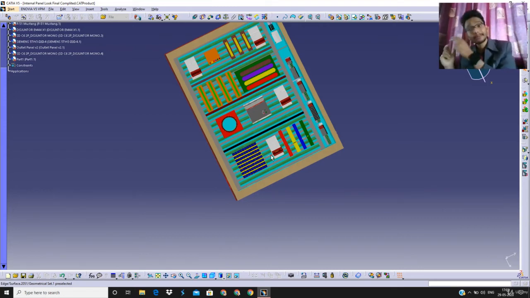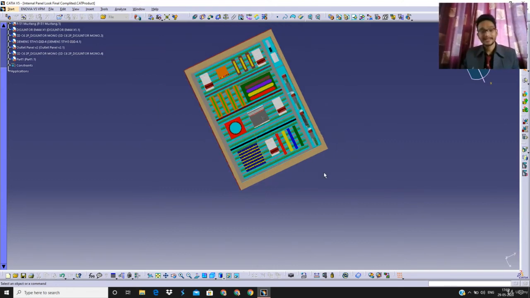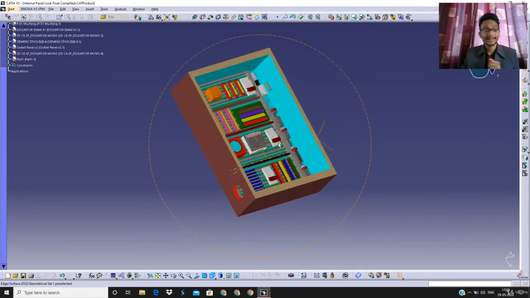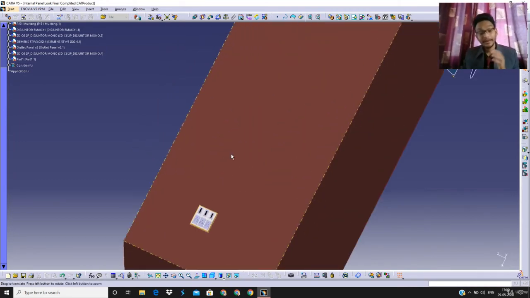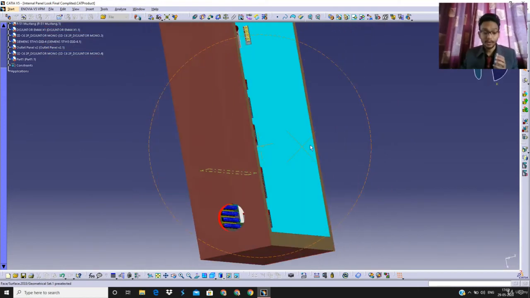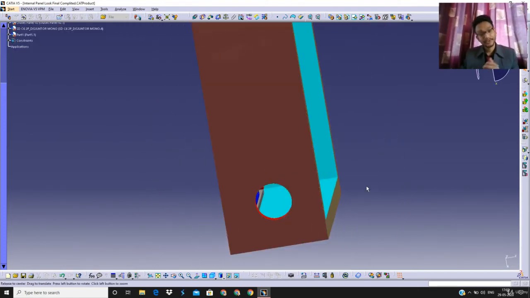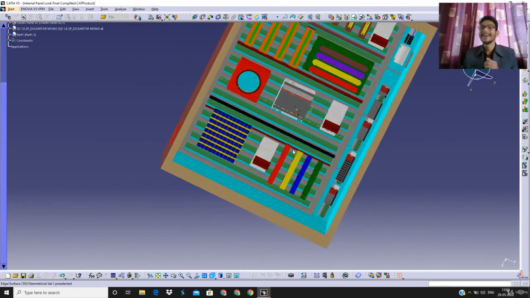So I hope this is the basic thing that you have visualized properly in this control panel. And yes, the socket is located at the left side of the section, and the right section consists of the hole through which you can pass the different types of cables and connect this control panel to the input output devices.